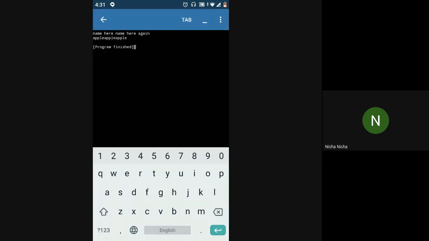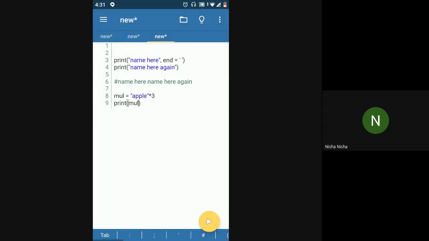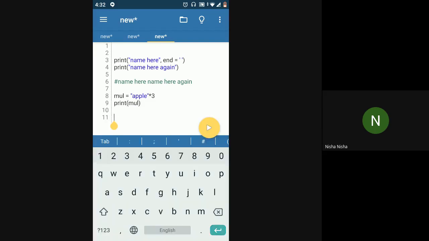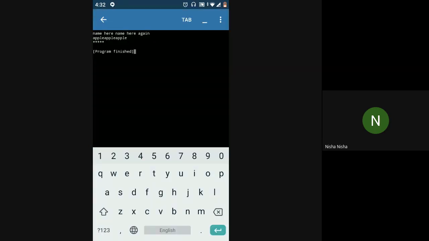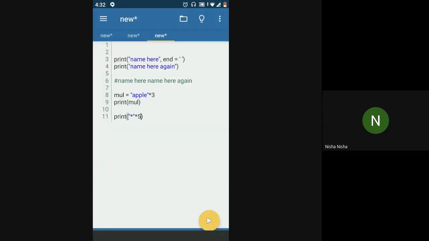So when I print mul, it gives me apple, apple, apple, right? So now similarly, if I have a star character, and if I want to print this star character 5 times, then I can directly multiply it with 5. And then it will just give me star, star, star, star, star, right?